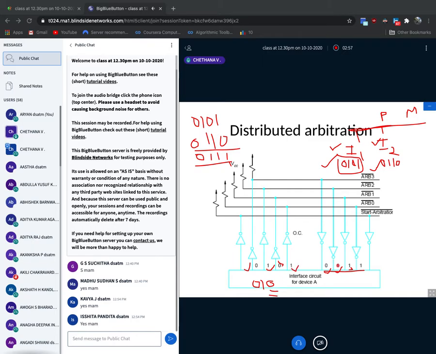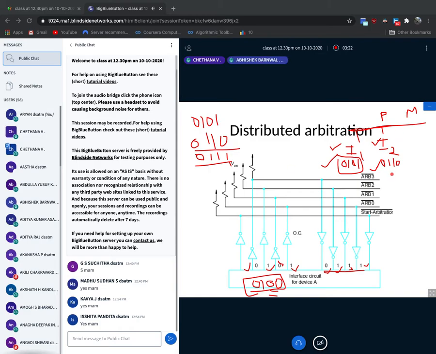Next, 1. Here it is 1, here it is 1. So now what should I do? Whenever I get a discrepancy at a position, you write it as 0, and any following bits will also be considered 0 only. Now I got the value 0100. I hope you are clear. Now the first device got this as output. This is the result he got.